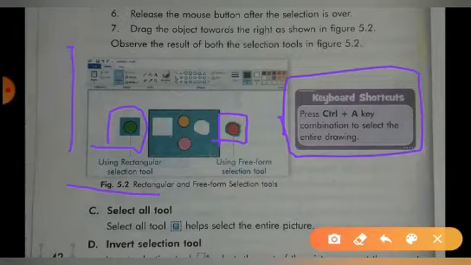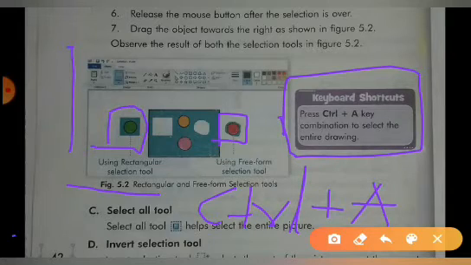If you want to select the entire drawing, you have to press the key combination Ctrl plus A. This is also a shortcut key to select the entire drawing.